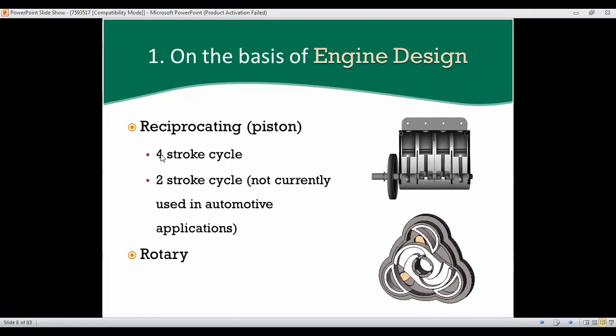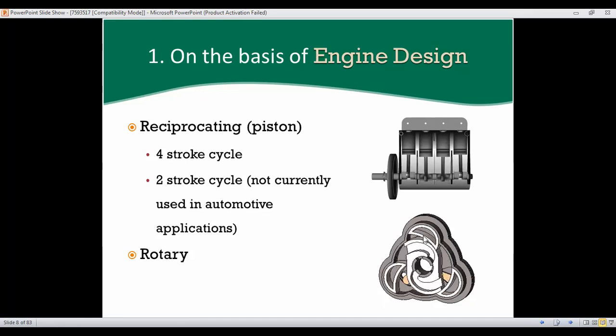Mostly, the 2-stroke is currently not used in automobile applications. And 4-stroke. Second is the rotary piston and cylinder, where the piston is like this and is rotated